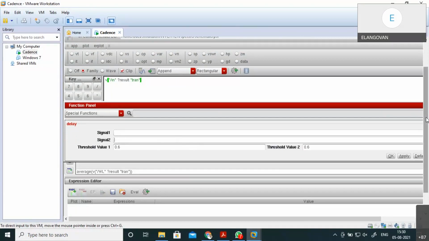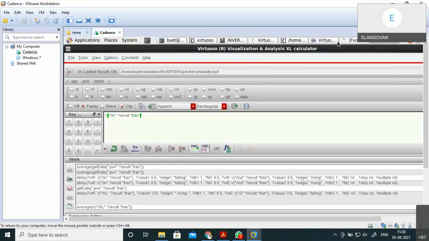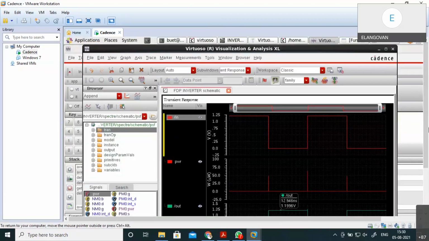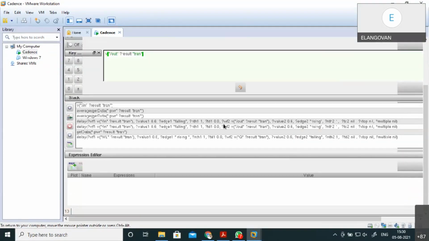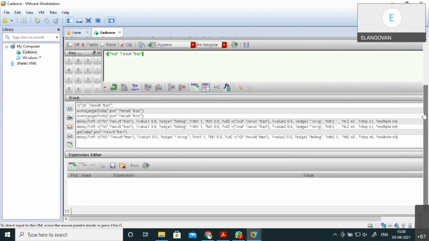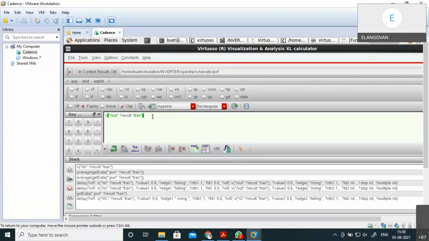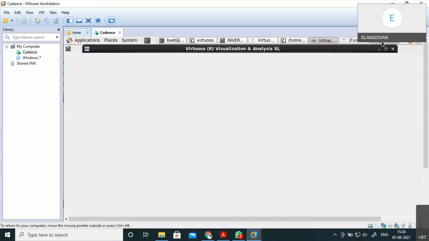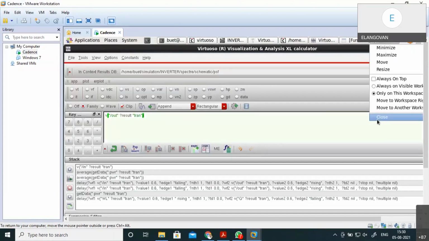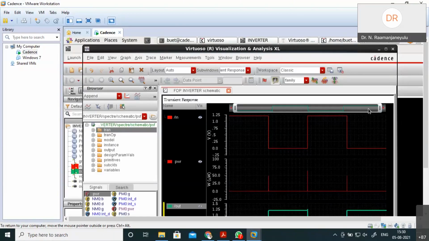Let me check my function. Suppose I'm taking function 2, which is my node 2 that I'm choosing. We can do one thing: we can select and paste here. Already I had this open. Copy paste in buffer, yes sir, that's what I'm saying.